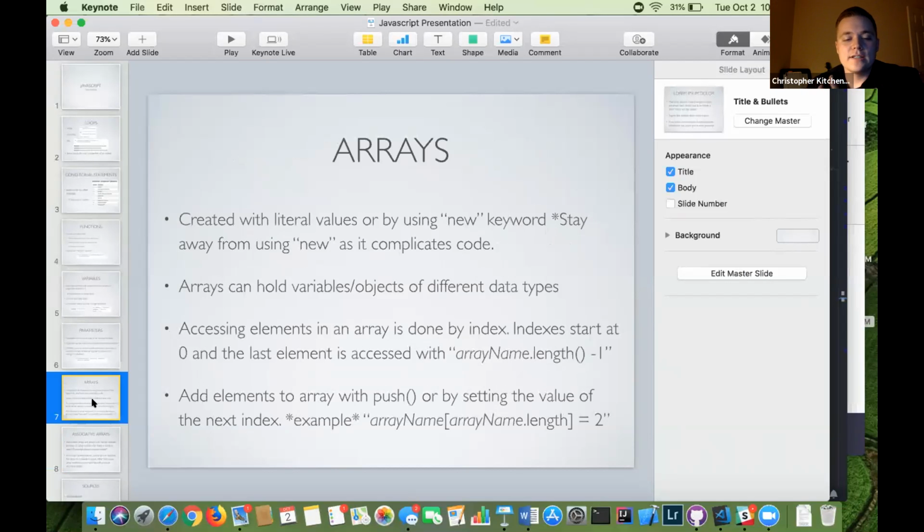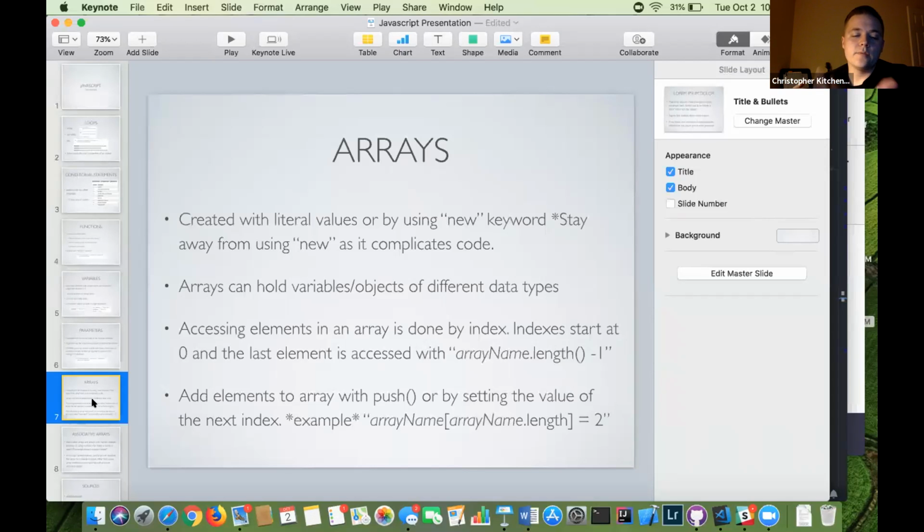One thing I want to touch on is where you might run into errors with declaring arrays. In a lot of other languages, you declare an array and you need to give it a size right away, to say how big the array is. Again, in JavaScript, you don't do that, and you declare it two different ways. You put the values in it as literal values, so if you want to put strings or numbers or whatever in there, you can do that in between the brackets. And then you can also create an array with a new keyword.